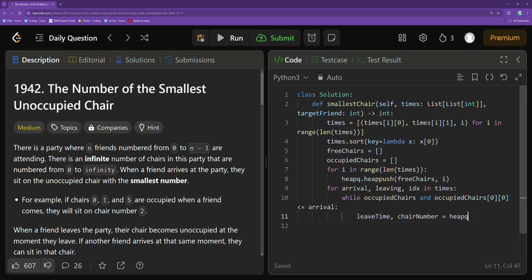to be equal to the heapq.heappop in Python, heappop. I really do think there's two p's. Feel free to correct me if I'm wrong. And I'm basically going to pop off of our occupied chairs heap. Again, I'm basically just popping off the smallest element of our occupied chairs heap. And then from that, I'm going to heapq.heappush onto my free chairs heap, my chair number. Okay,